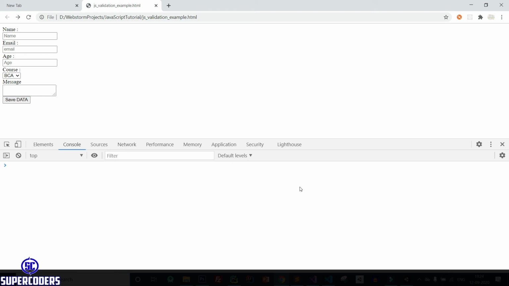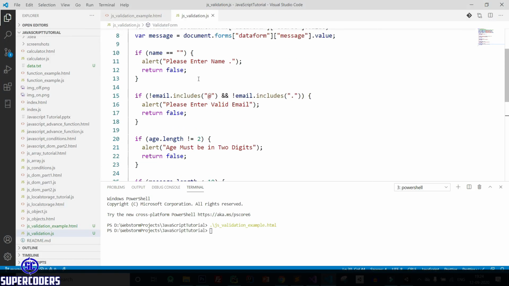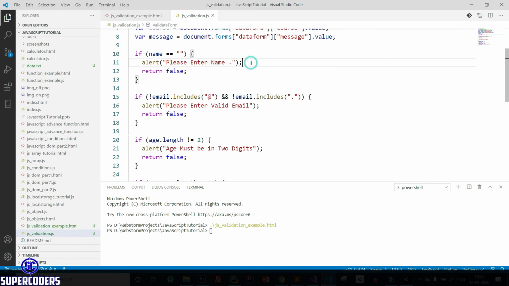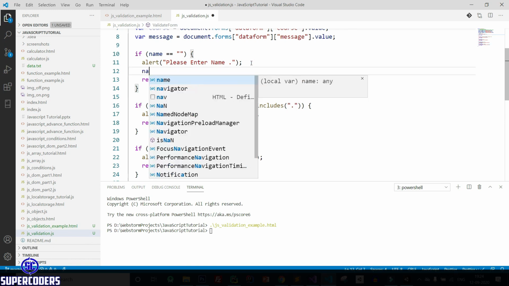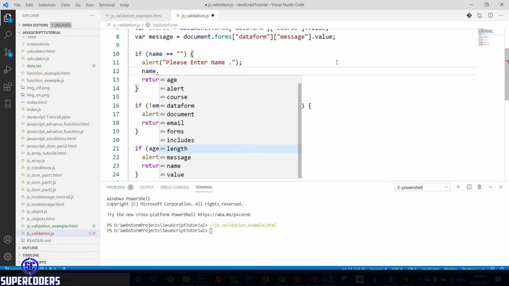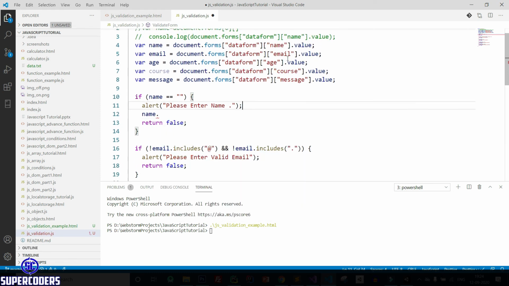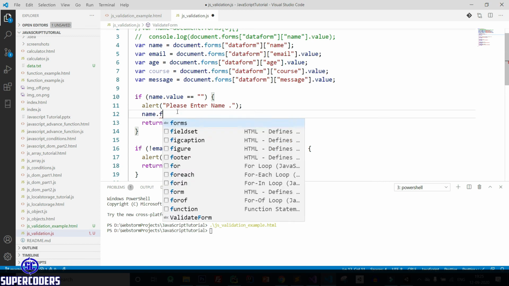Also do one more thing. If here it shows the message, then after that just do one thing, name dot, instead of this, just remove this value. Here I am just using it on name. For using it on other inputs you need to remove this value. So in this way you can access this email HTML input. For now I'm just using it as name. After that, name dot value, you need to check the condition here. After that, name dot focus.